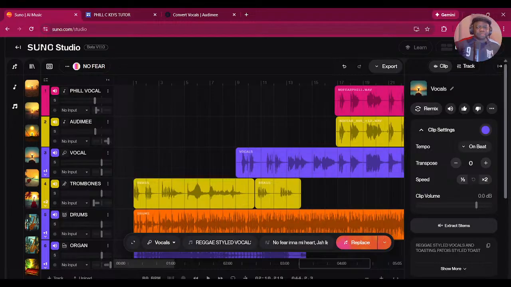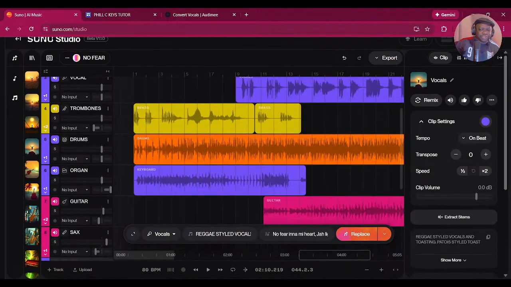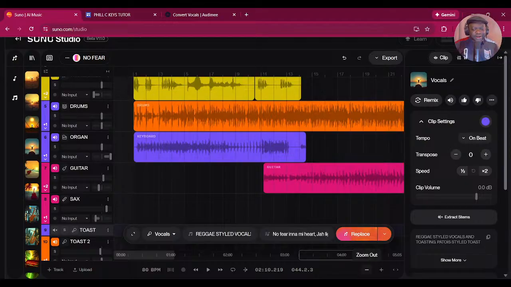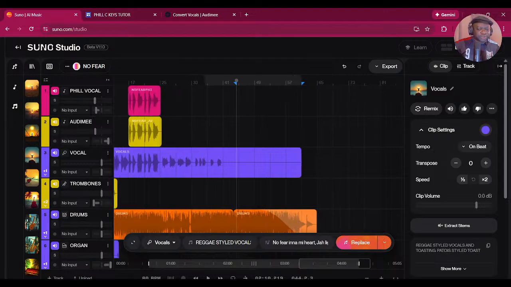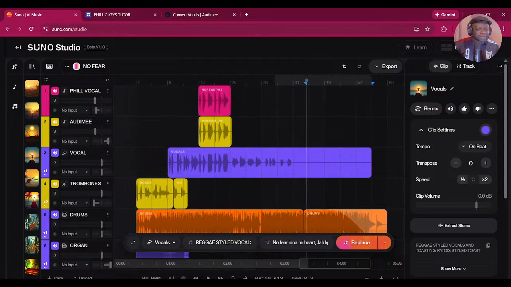I think SUNO Studio is one of the most underrated tools in this whole generative AI world, because as you can see from my demonstration here, it was built from scratch. Okay, I know there's a lot of sentiment and a lot of emotions around the data that was used to train SUNO and such. But as a musician, you have more control over your creation when you come into SUNO Studio than version 5.